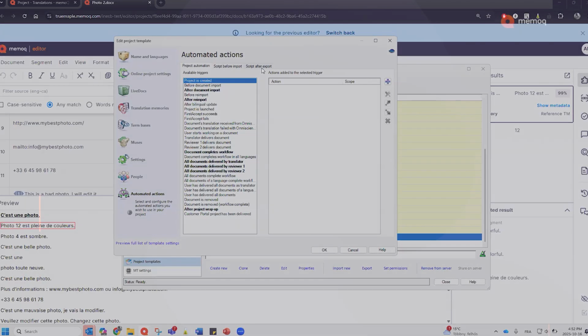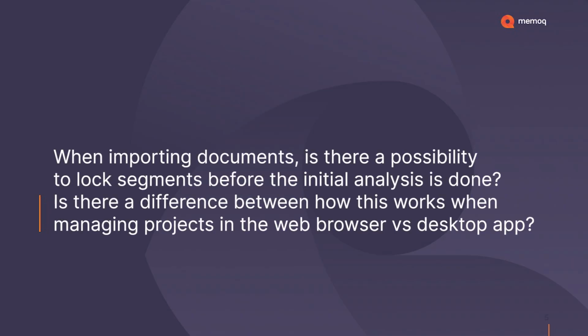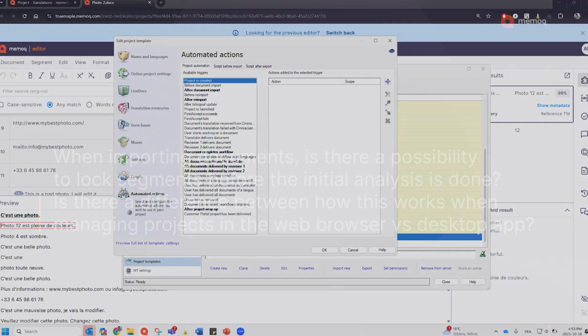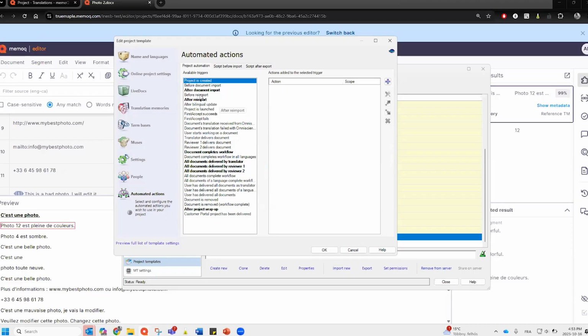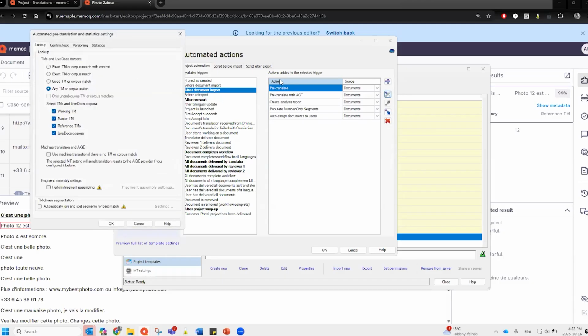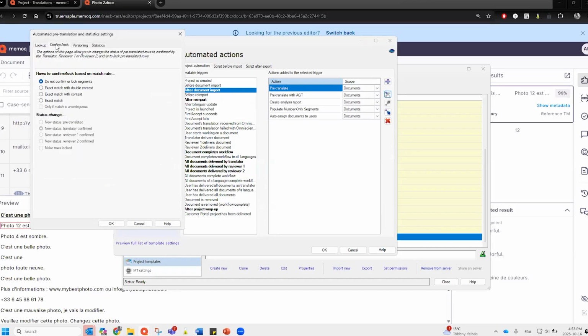Thank you. Next one. When importing documents, is there a possibility to lock segments before the initial analysis is done? Is there a difference between how this works when managing projects in the web browser versus the desktop app? There's no difference between the two. And yes, you can lock your segments beforehand, assuming you're going with an automated action here, you can pre-translate. And as you pre-translate, before even creating an analysis report, you will be able to go to confirm and lock,